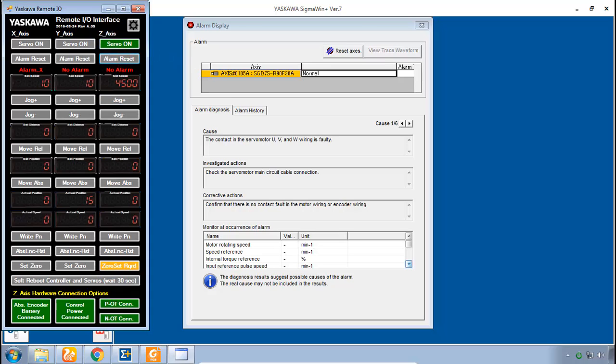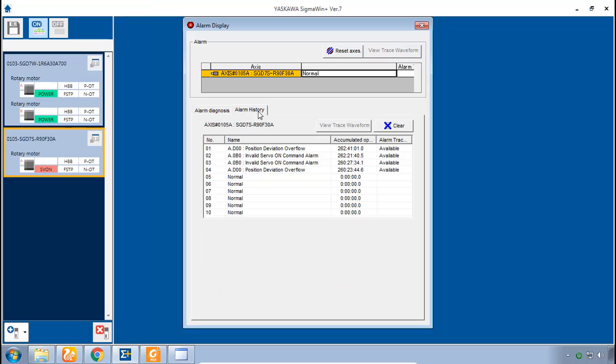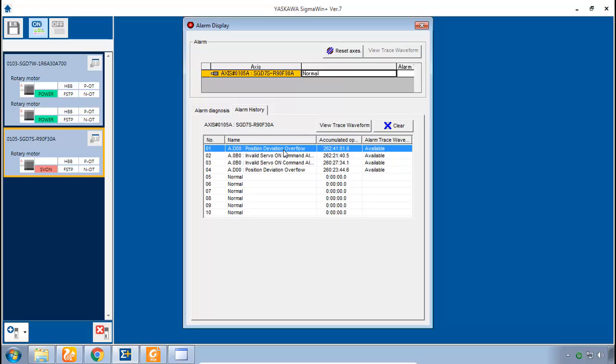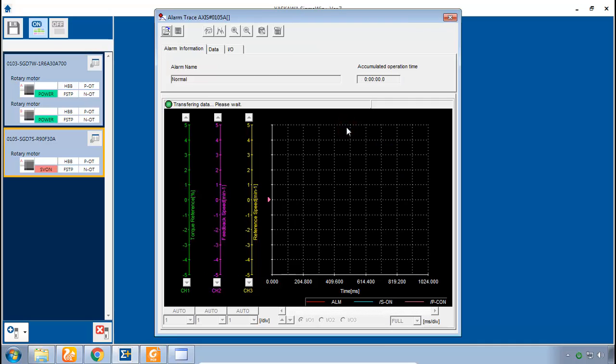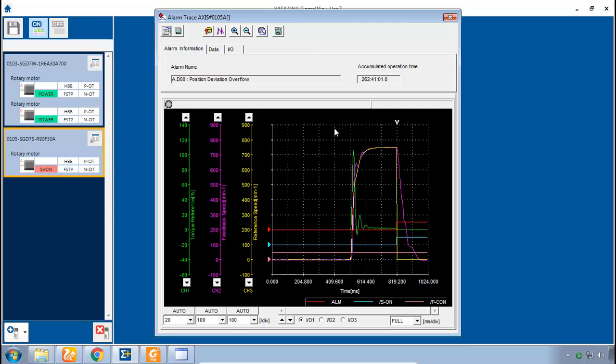To further aid in troubleshooting, sometimes it's helpful to see what alarms happened in the past. So select Alarm History, and you'll see a list of up to 10 alarms in order of most recent occurrence. In this list, you'll see that some, not necessarily all, of the alarms have a trace available. You can select one of these alarms from the history, and then click here on View Trace Waveform. You do have to be patient, as it can take a little while to load the trace over this remote